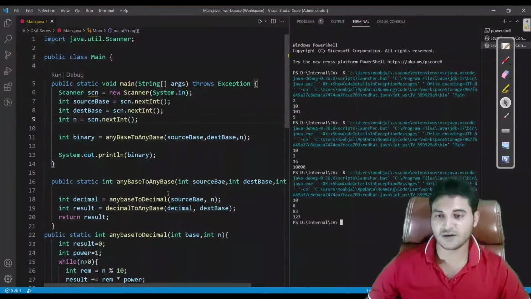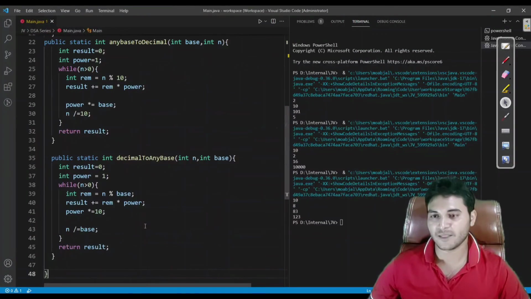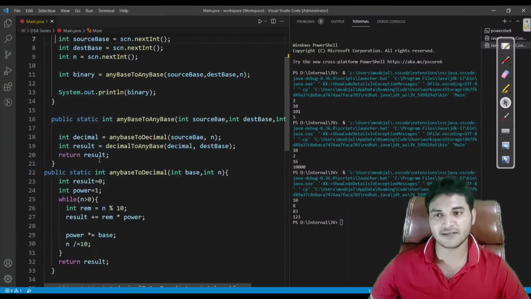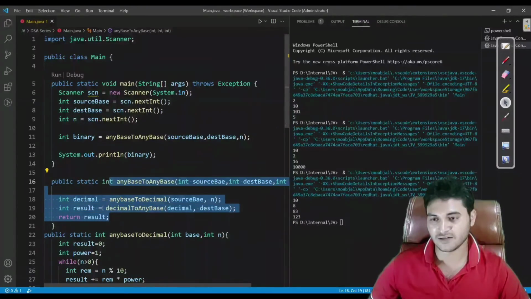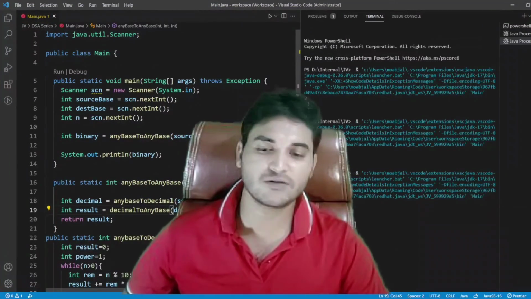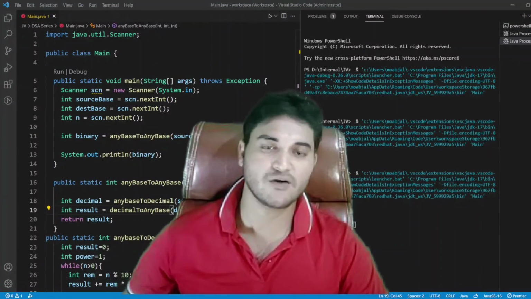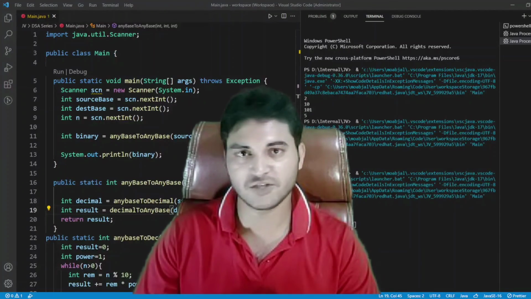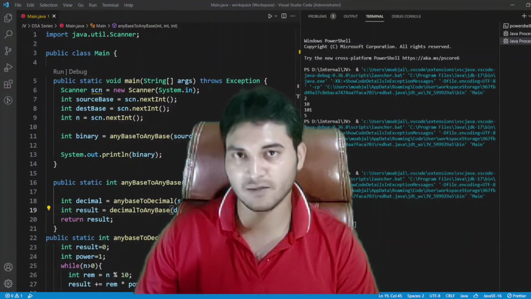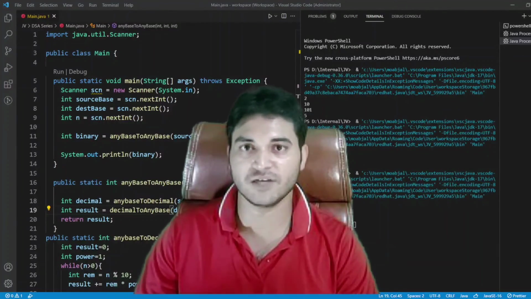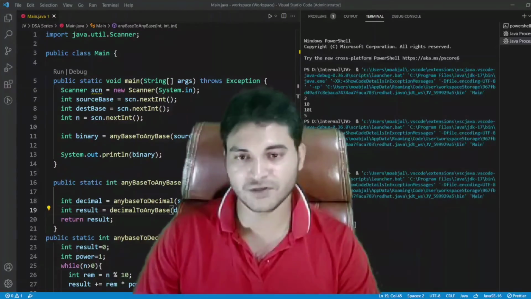So I hope you are very clear with this program, and it is nothing much, because we have not done anything in this. We just have called our previous methods. See here, we have not done anything. We have just made the call to our previous methods. So I hope you got the logic behind how we are converting from any base to any base. And if you are finding this video confusing, then you should watch my previous videos of number system, at least, not all the videos from DSA. You should watch my number system videos, so that you are not having any issue.